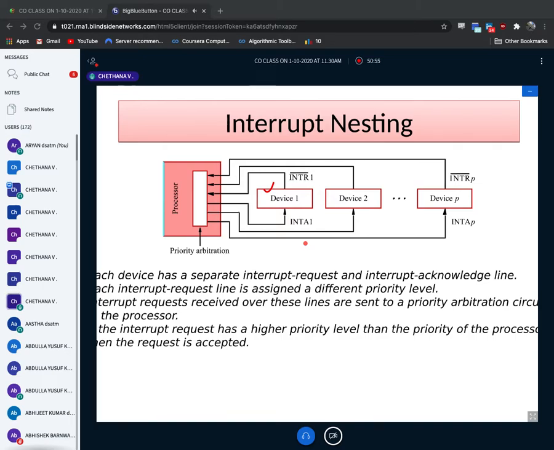When will interrupt nesting arrive? Whenever two, three devices are requesting the service of the processor, and the keyboard also wants the processor, a printer also wants the processor. Everybody requests the service of the processor. At that time, the processor should become choosy. How will we choose? Based on priority. Just see here the very, very important word, priority. What is the meaning of priority? Priority wise.